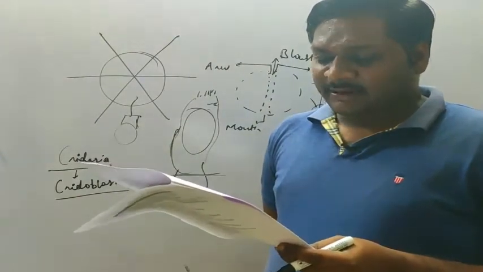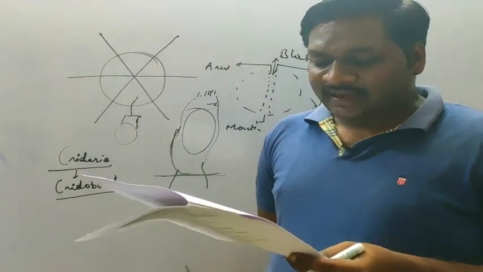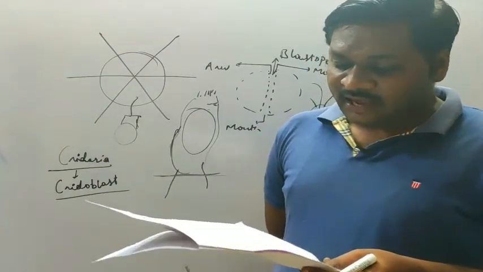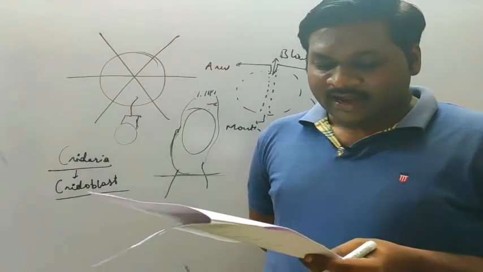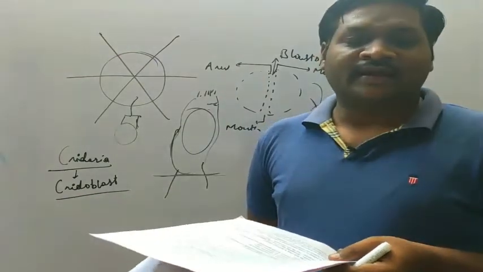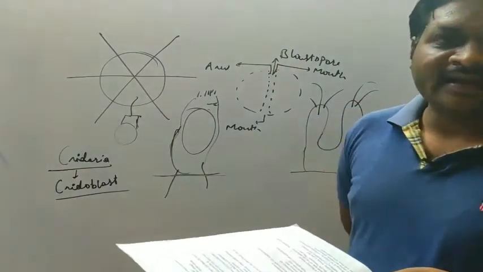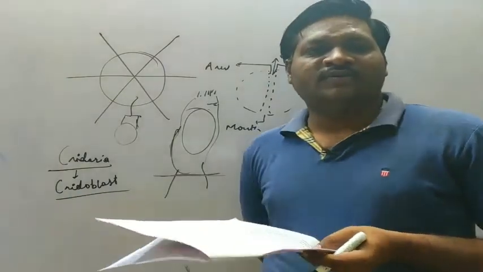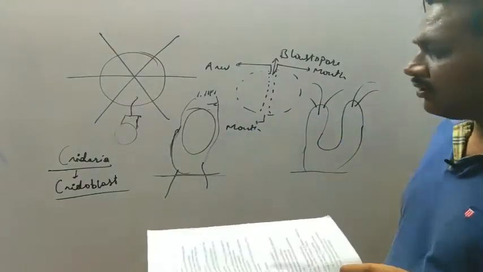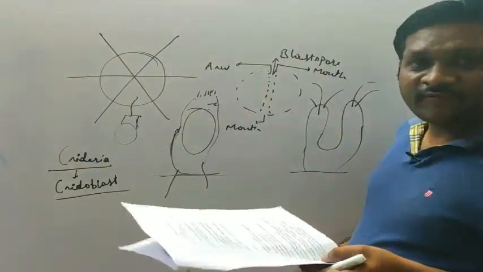chloroplasts present in the epidermis only. The cnidoblasts are present in epidermis only. Cnidoblasts present in both epidermis and gastrodermis. And option D, flame cells. So see, flame cells is not a characteristic of the cnidaria. It is a characteristic feature of the Platyhelminthes, as it is present in the tape form.